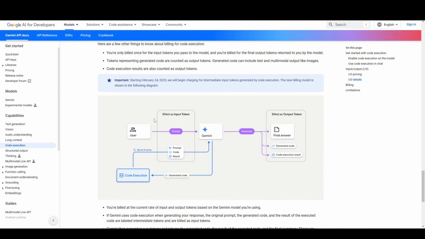When code execution is true and the user enters a question, the Gemini model first determines whether this user question requires a Python script in order to help address it. If it doesn't, then it provides the answer. However, if the Gemini model determines that it needs to use a Python script, then it generates code and then executes that code. So in terms of costing, the costing takes into consideration the prompt that was used, or the user question, and the system prompt, the message prompt, as well as the code that was generated, and then the result of the code. And then it provides all that output as well.